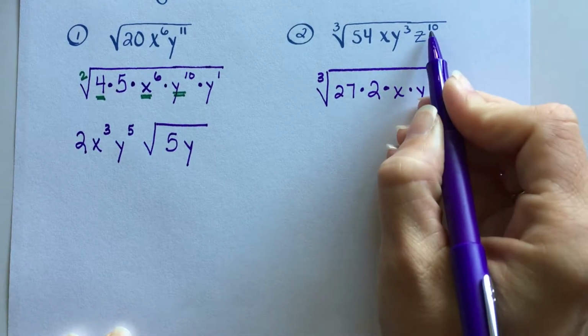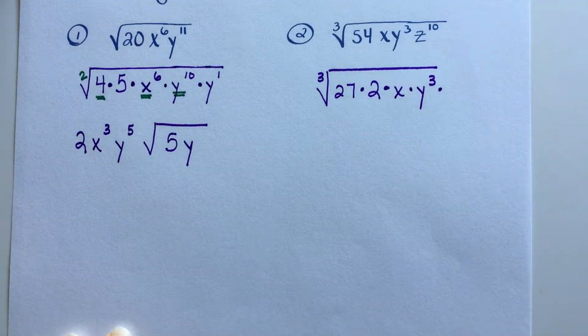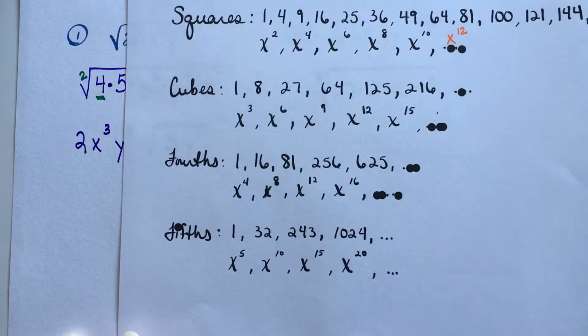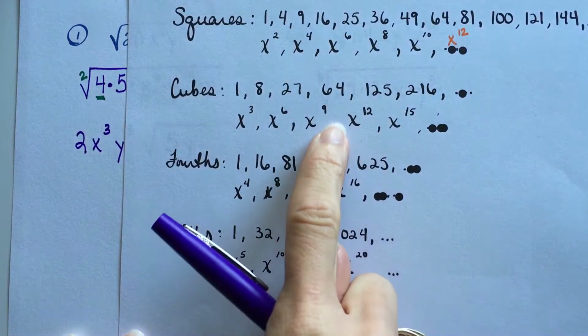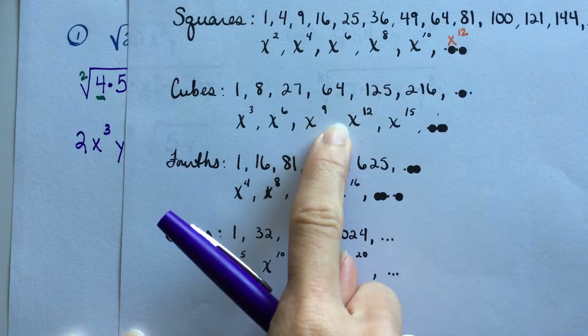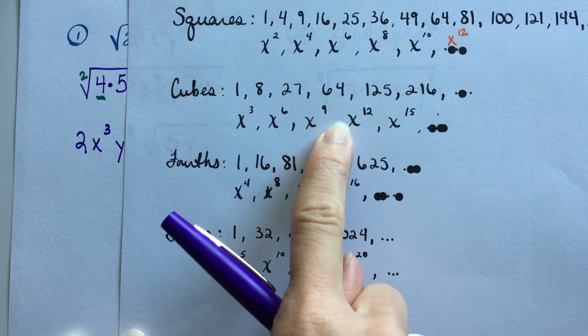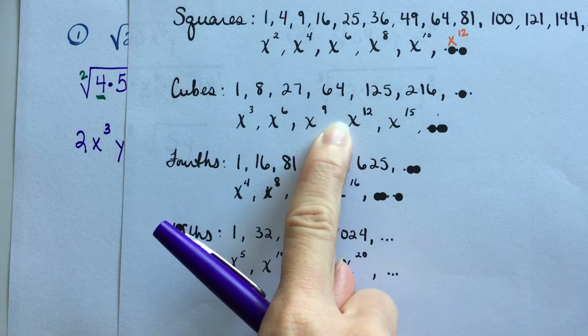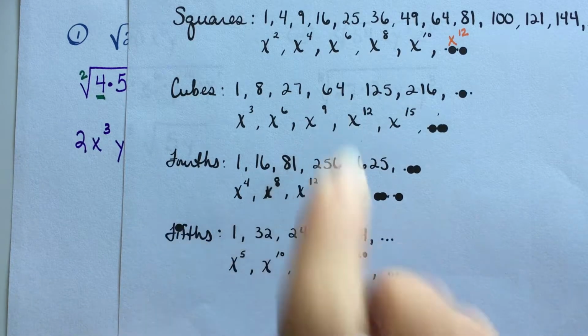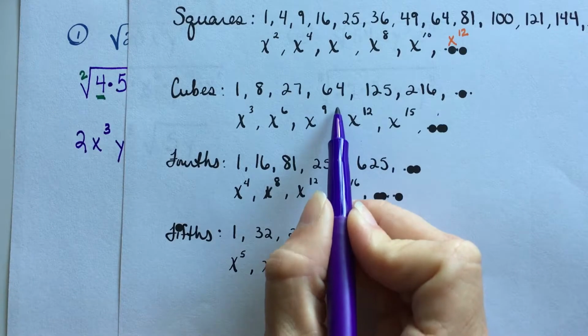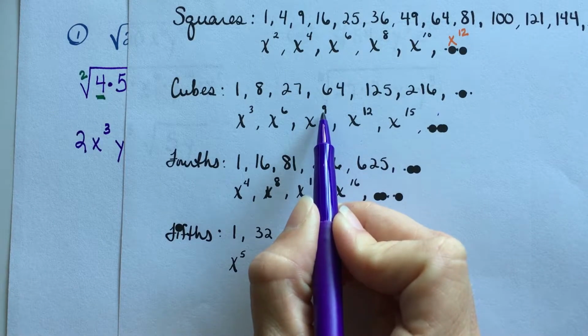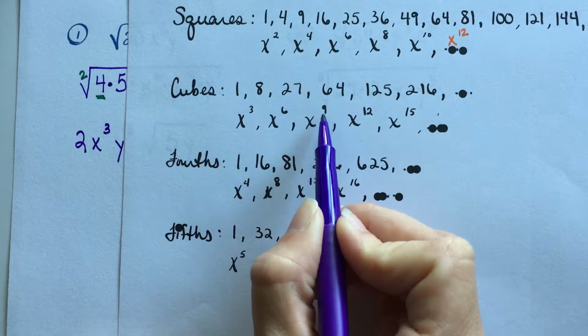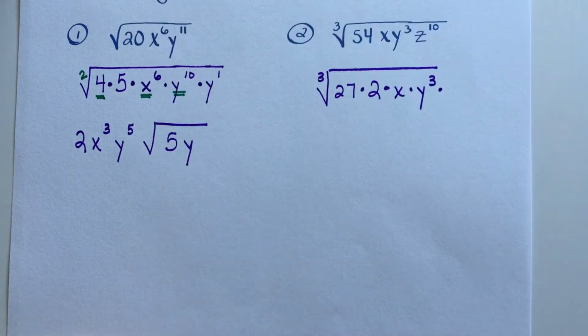Okay, now next I have a 10th power. Let's go back to our list. Now, a 10th power is not on here. Actually, my 10th power would fall right here between these two. So just like I did a while ago, go to the one that's just below it. So if my 10th power is supposed to be right here, the one that's just below it is going to be this 9th power. So I'm going to use z